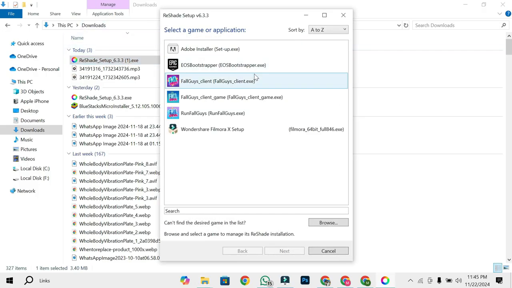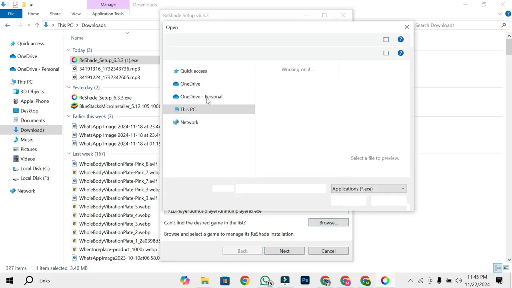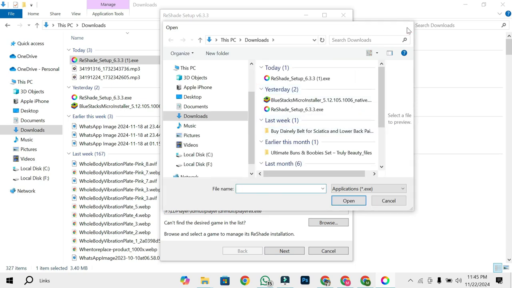If you've used Reshade with multiple games, you'll need to repeat this process for each one. If the game doesn't appear in the list, click the Browse button and navigate to the folder where the game is installed. Once the game is selected, click Next